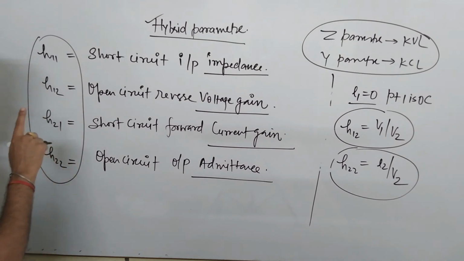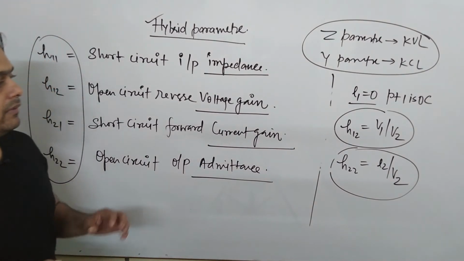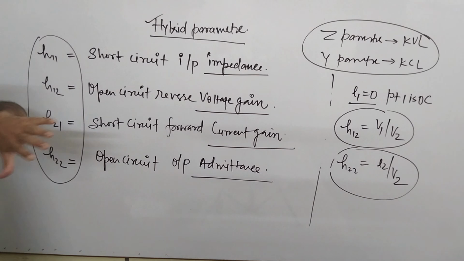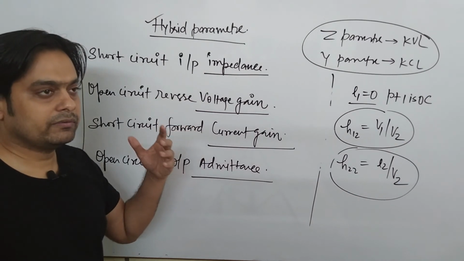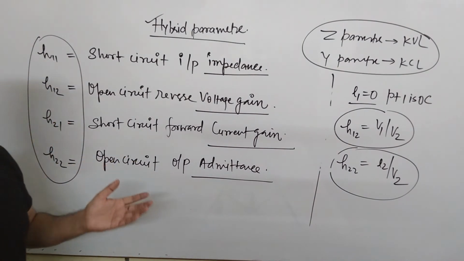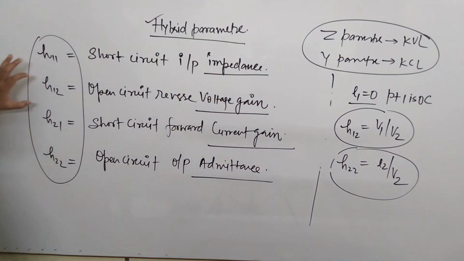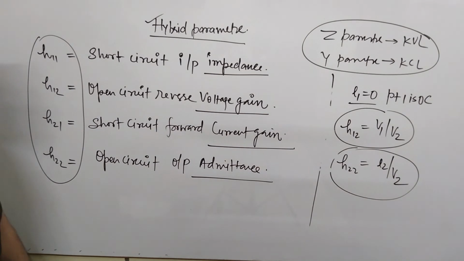So within this parameter, we have identified all the 4 important aspects of a network whenever we convert into some kind of model. Because when you convert either transistor and FETs into some model, your primary task is to find the properties of a network. That is, you have to find the input impedance, the output impedance, the voltage gain, current gain, bandwidth, unity gain bandwidth. There are a lot of parameters you have to find, but these are the 4 basic parameters, and that's why it is referred to as hybrid parameter. Why? Because within the same parameter you have identified these 4 different types of conditions.